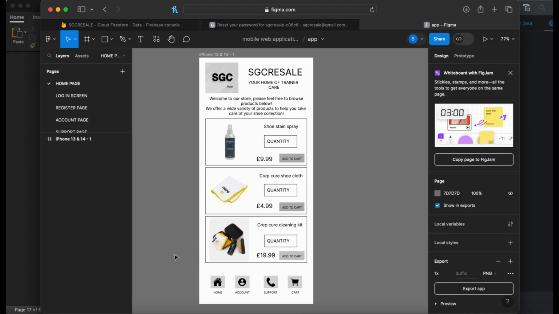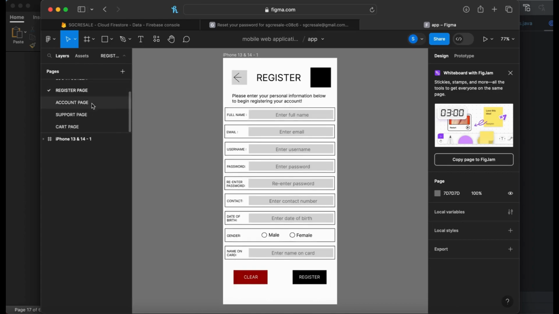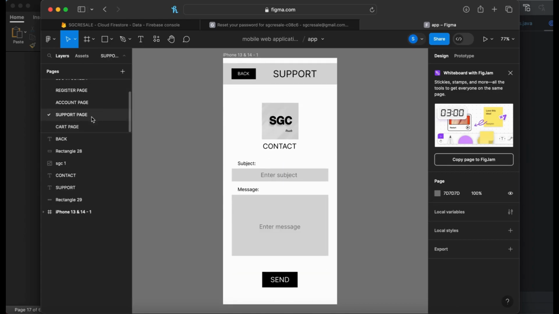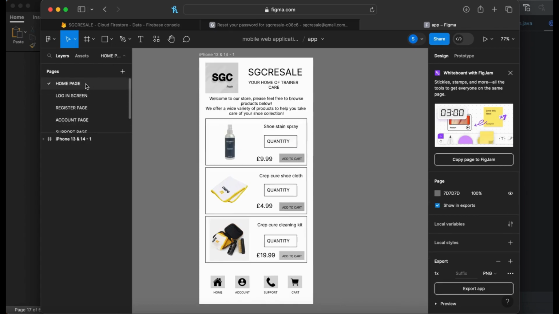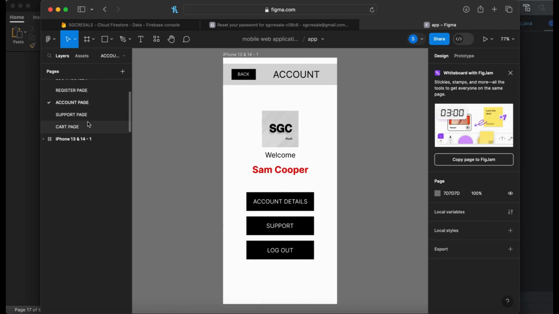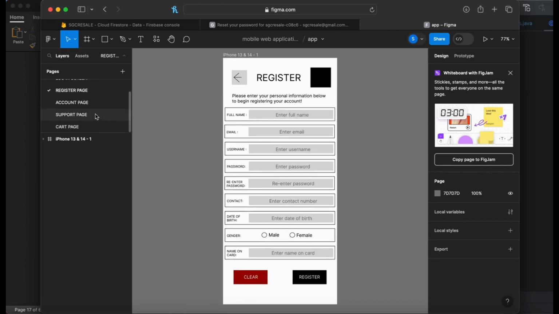Okay, so these are my wireframe designs that I created before obviously creating the app. So we have the home page. Now my idea here was to keep everything very simple, make sure that everything looks sort of minimalistic but also very professional, and keeping the same design throughout. So we've got the same sort of buttons, the same text, the same colours,